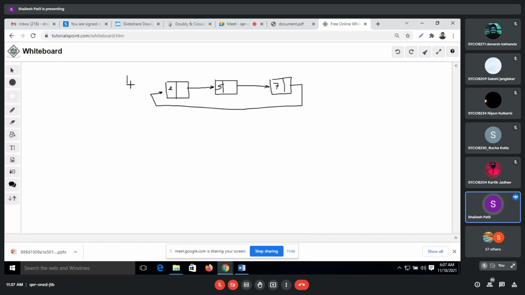This is my new node, having some value x. We can say 10 as a value over here. This new node I have to insert over here, and we have only one pointer. There is no head pointer. There is one pointer, which is the last pointer. This last pointer is pointing to the last element of the list. Now just tell me how we can insert at the beginning, what we have to do.